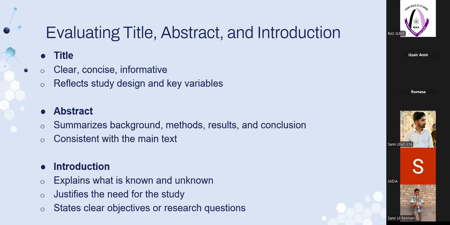Now understand that with an example. I will give you an example of a bad title and a good title so you can understand the difference. A good title will sound like Prevalence of Anxiety Among Medical Students in Sahiwal Medical College, Punjab, Pakistan. As you can see, this title is clear, concise, and informative, and it reflects almost the entire thing. It is a prevalence study, aka a cross-sectional study. It is studying anxiety among medical students. It has specified the population being targeted, and all the right questions are mentioned in that title.